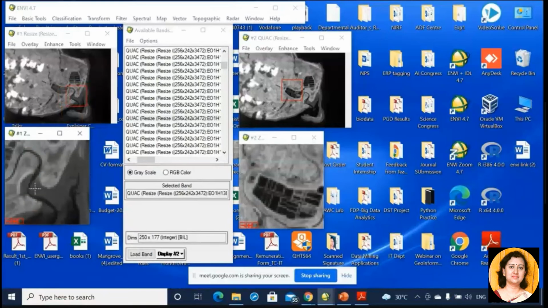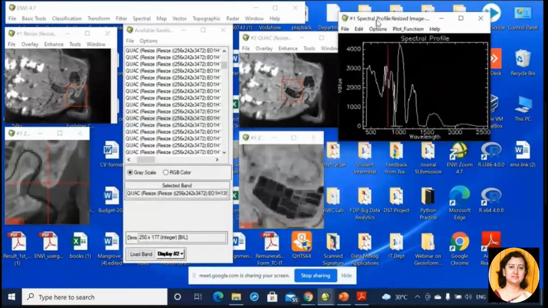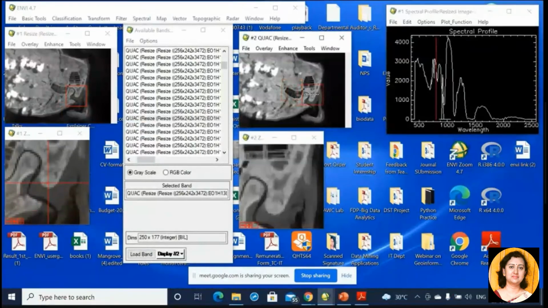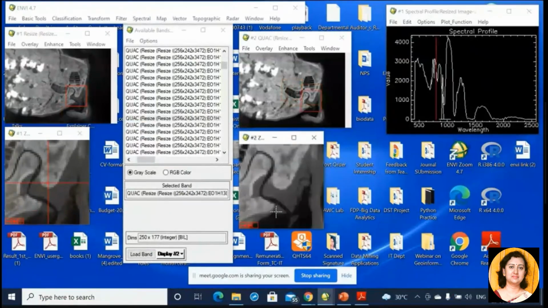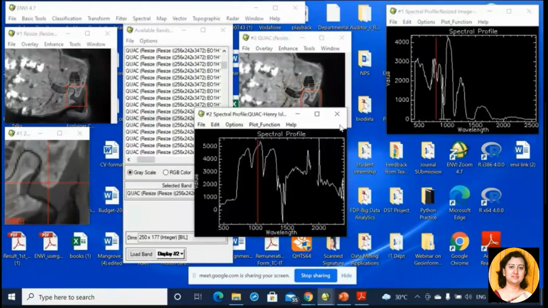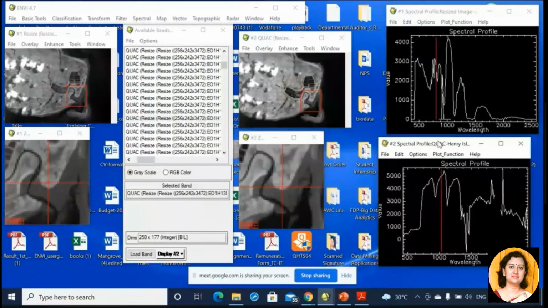If you select this area and click onto Z profile, this is the profile of this location in an uncorrected image. Now let us go to the same location in the corrected image and click onto the Z profile. We are getting the spectral profile.